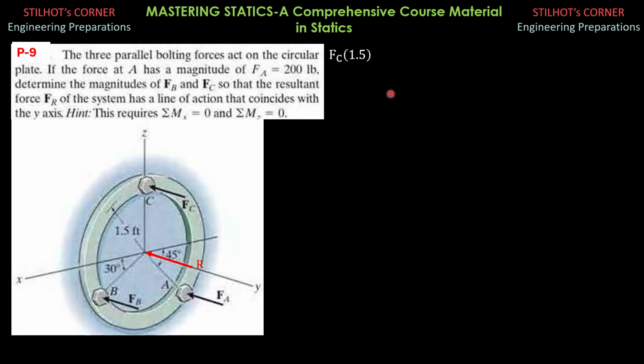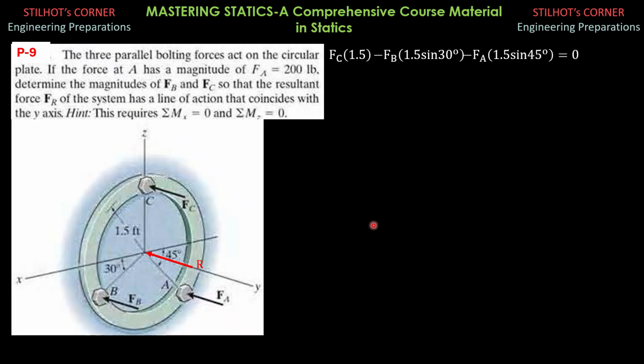So we have FC times 1.5 equals, or minus FB times this distance, which is 1.5 sine 30. So minus FB times 1.5 sine 30 degrees. Then minus FA, which is equal to 200 pounds. So FA times 1.5 sine of 45